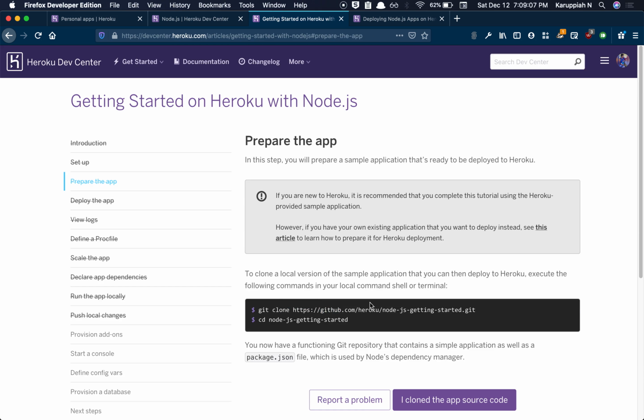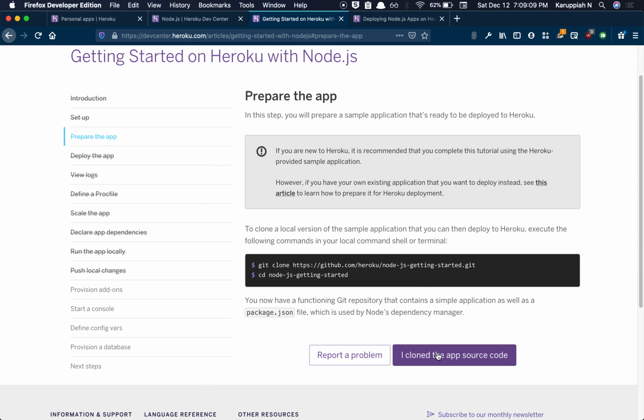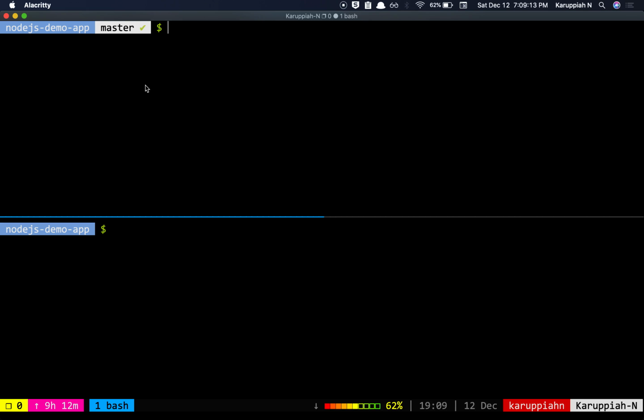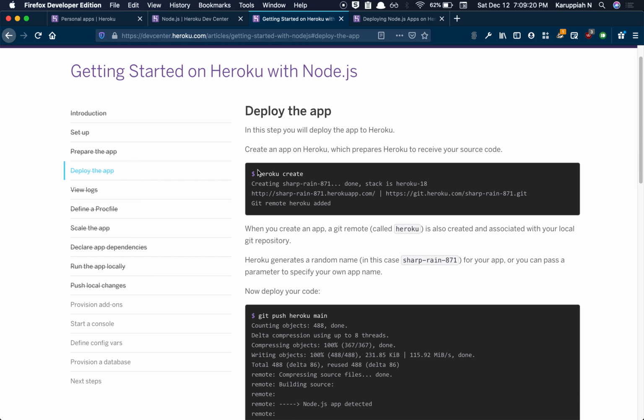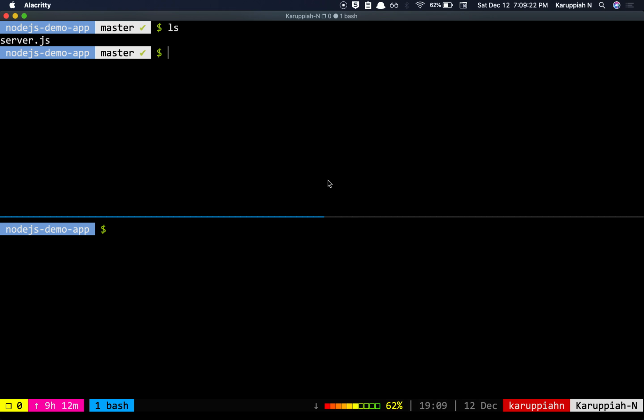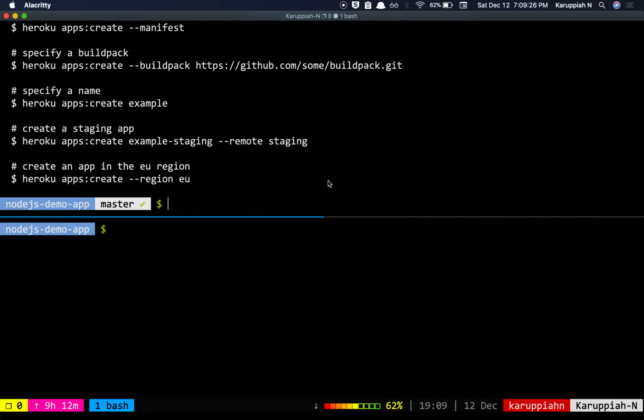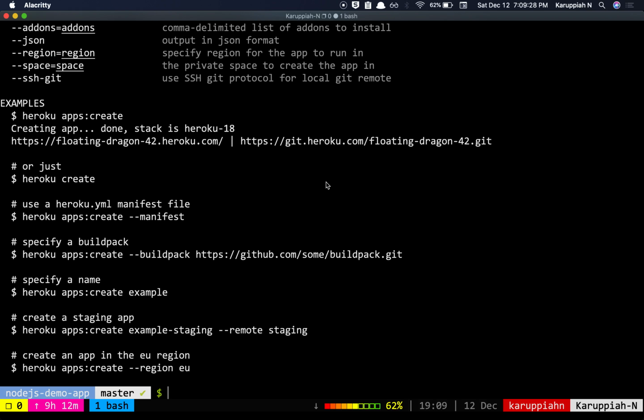So there is a Node.js getting started, but I'm not going to use that. I'm just going to go ahead and use my application, which is over here, the server.js. And the next thing to do is you can actually create a Heroku application. So you can give a name. Actually, here they have not given a name, so I'm just going to say